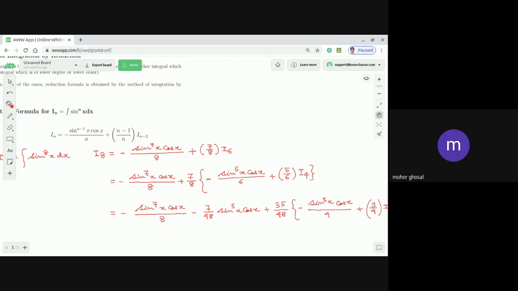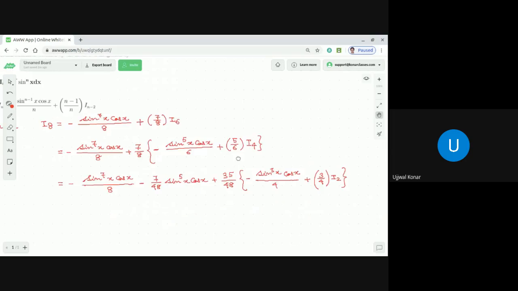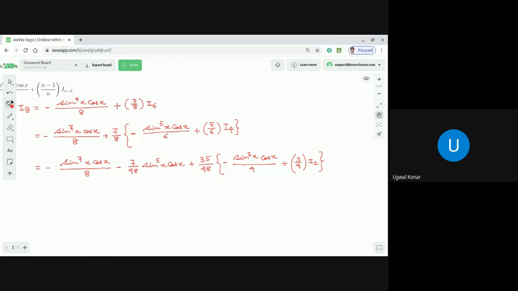So, in continuation of the discussion of this particular problem, after that, what you are going to do? There are two ways. You can go for another level of reduction, or you can just make this I2, which is nothing but the integration of sine square x dx. By this time, you know pretty well how to perform integration of sine square x dx. You can express it in terms of cos 2x and then proceed. Correct or not? Clear or not clear? All of you clear? Divansu, Disha, clear absolutely? Yes, sir.